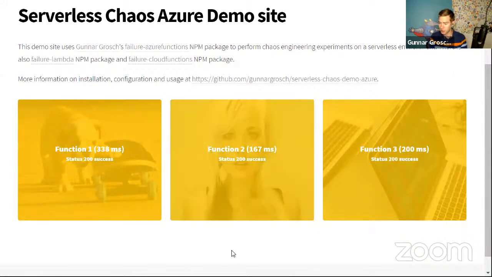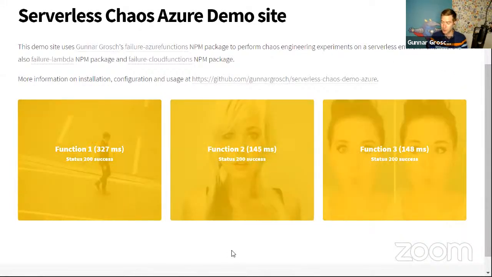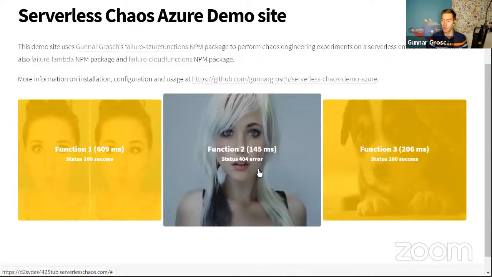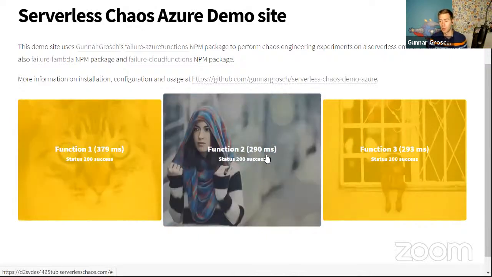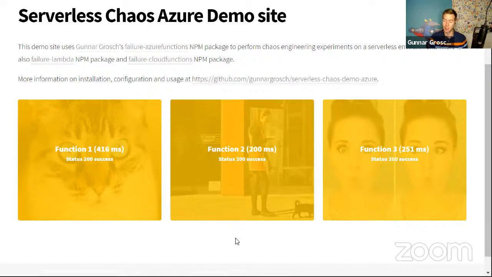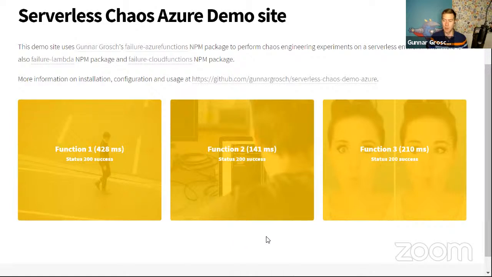Right. So looking at function 2, 200 first. 404. All right. So instead of getting a 200 with the reply of a URL for a new image, we're getting a 404. So the front end is not able to get a new URL to fetch a new image. So about half of the invocations return a 200, we're getting a new image. About half is returning a 404 instead.